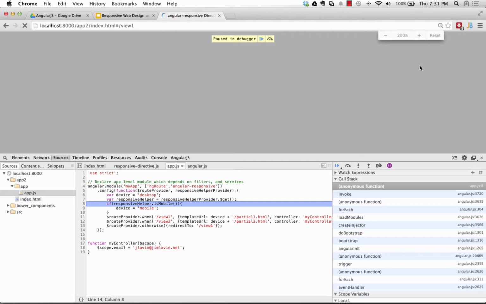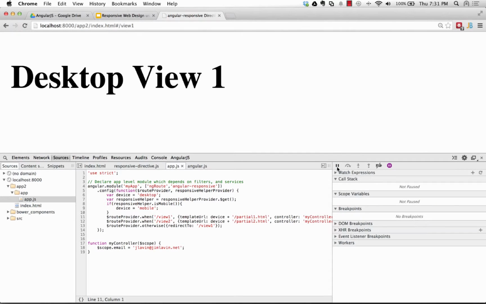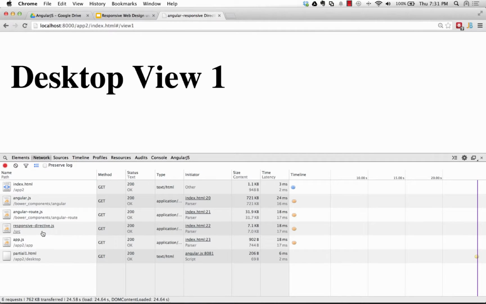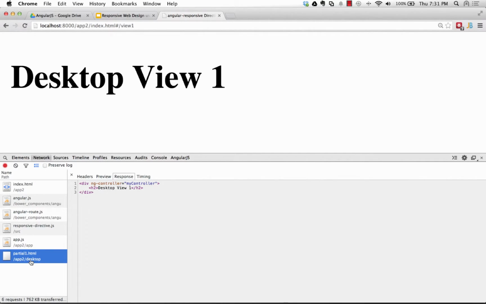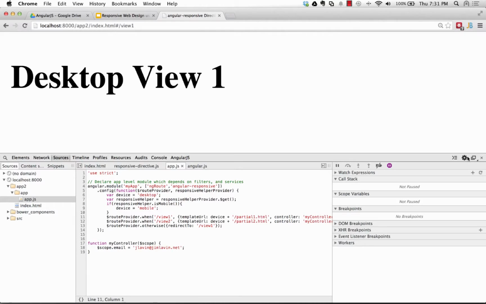It's not going to make it any bigger, but it's going to go through. It wasn't a mobile device, so it skipped over it, and we'll change it. But what I wanted to look at was the network here. If you notice, he actually got the partial 1 off of the desktop is where he went and got it. So now if I go back over here and let's go to sources and we'll bring up this,